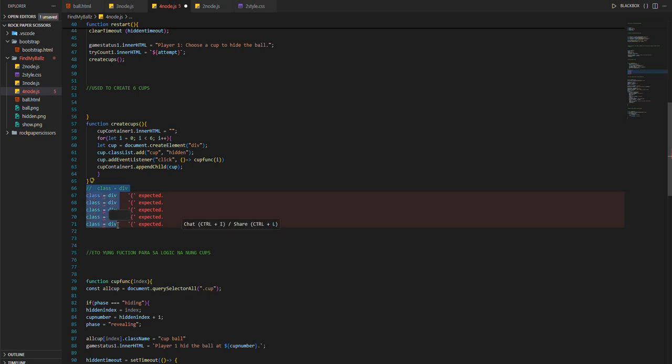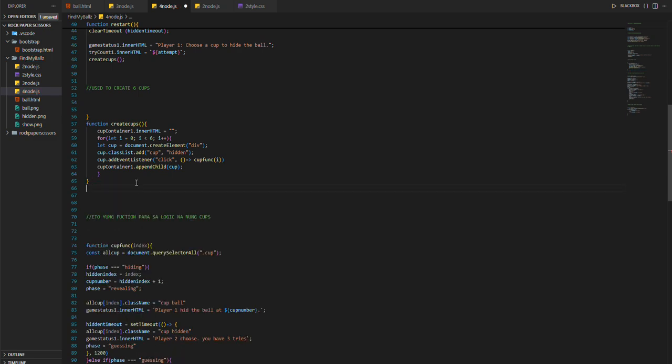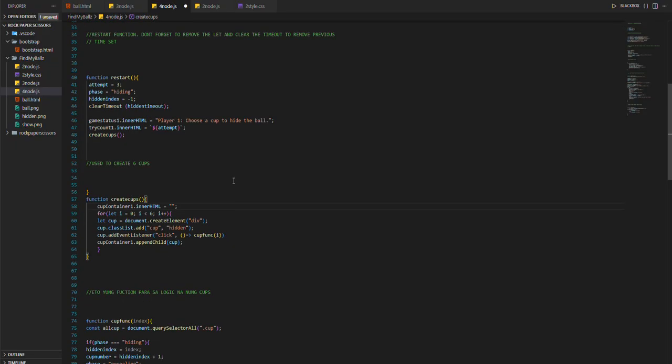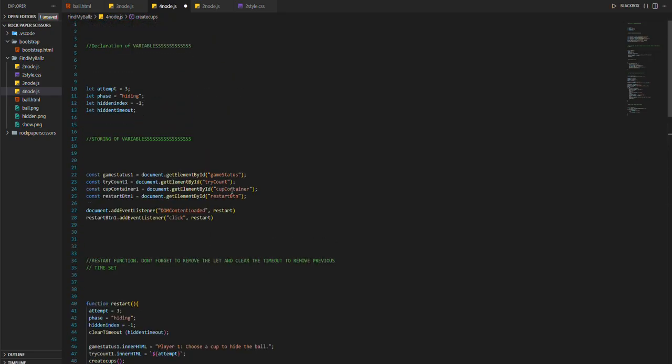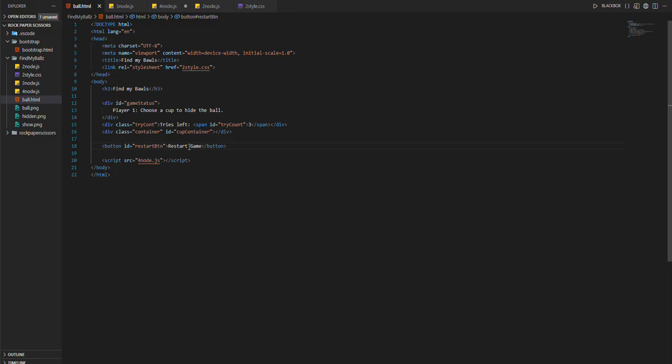Basically, it will have six divs because of our for loop. We are telling our cup container to be empty for now. Now, what is this cup container? It is the cup container that we have in here. You see, this div doesn't have any single child container because we will insert a